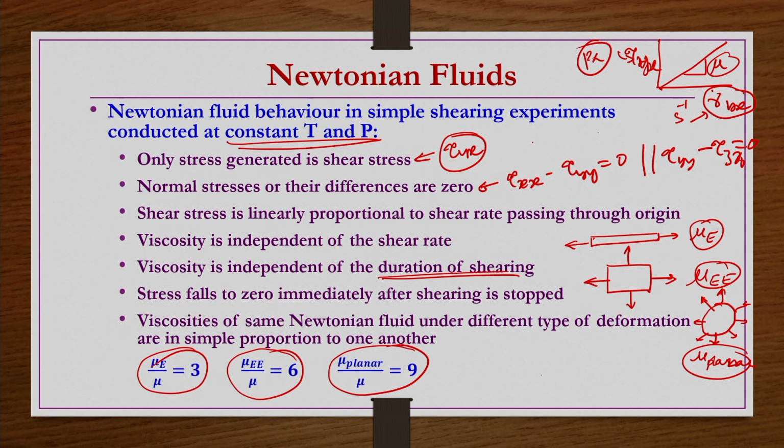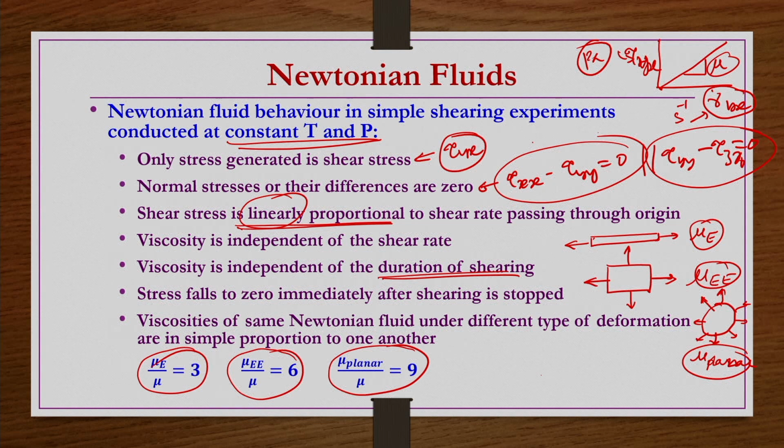One of such characterizations we can see for the non-Newtonian fluid here. Let us say you have a non-Newtonian fluid where the normal stress difference is not 0, then that is one type of non-Newtonian fluid. Then you have another type of non-Newtonian fluid where the linear proportionality between the shear stress and shear rate is not maintained. If you do not get a linear curve between shear stress and shear rate, then that could be one kind of non-Newtonian fluid.